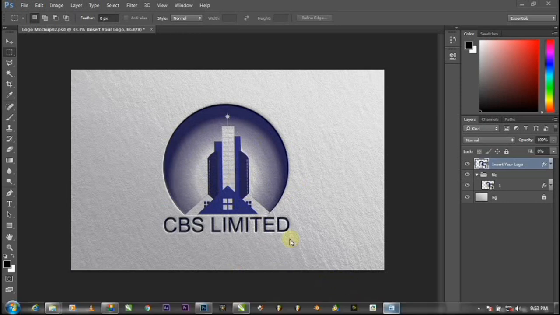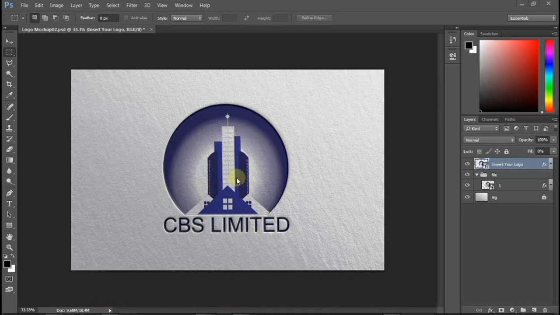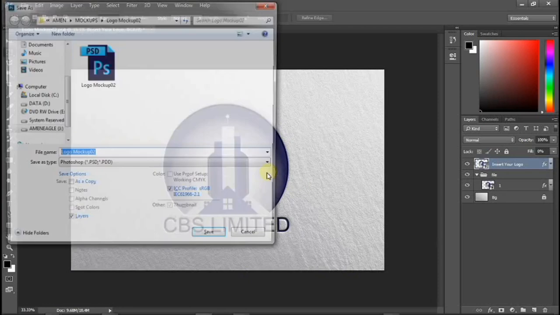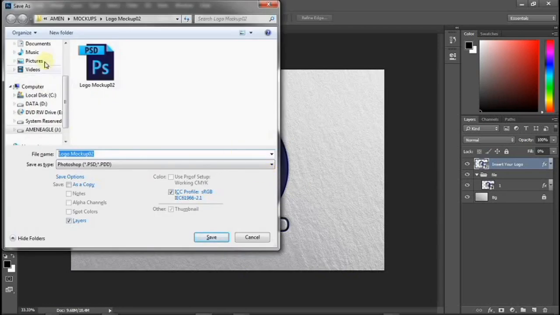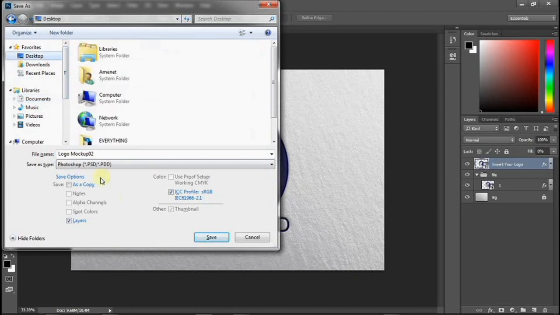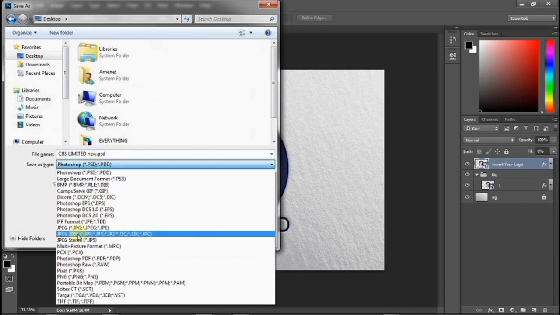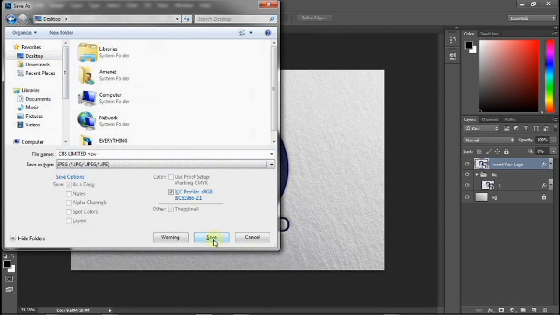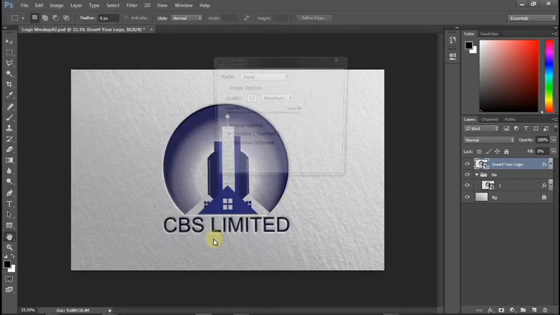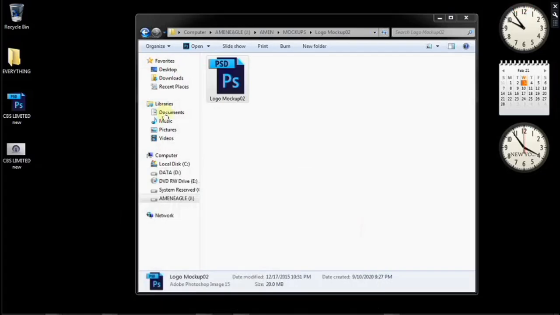I'm going to save this right now to an output. So I'm going to do Control Shift S for Save As. Sorry, I was waiting for it. So I'll save it on my desktop, as CBS limited new, not PSD. I want a JPEG. You can do a PNG if you want. So I'm going to do a JPEG. Save it. Click OK. So if I open it,